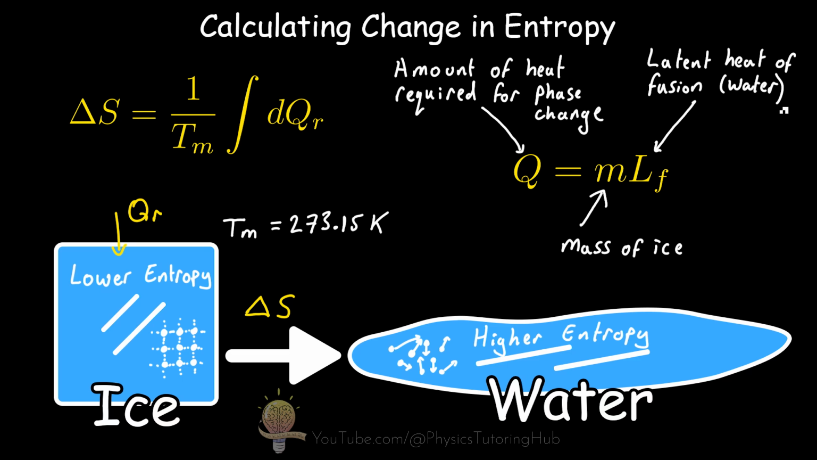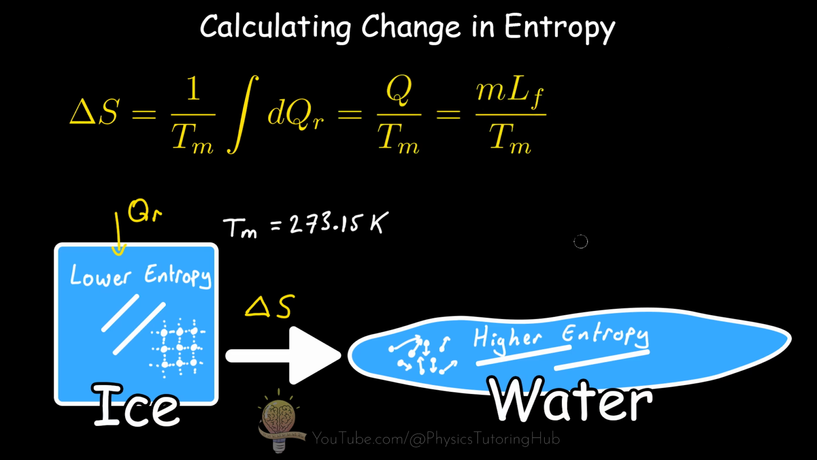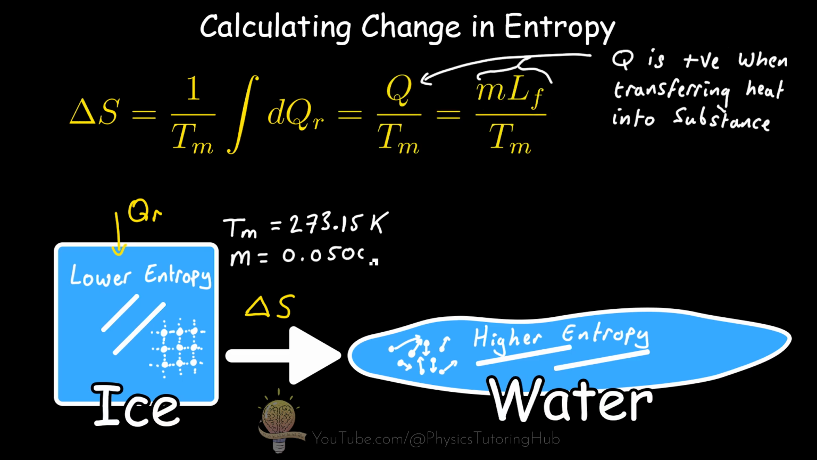If we were cooling the ice, heat would be flowing out into the surroundings, and this would result in a negative change in entropy for our ice cube. So let's say our ice cube has a mass of 50 grams or 0.05 kilograms. And we can also look up the latent heat of fusion for water, which is around 300,000